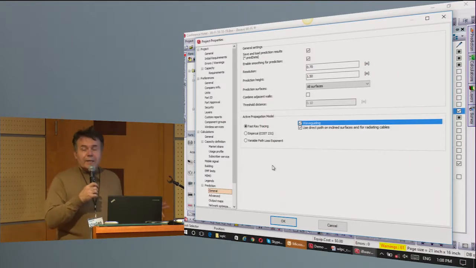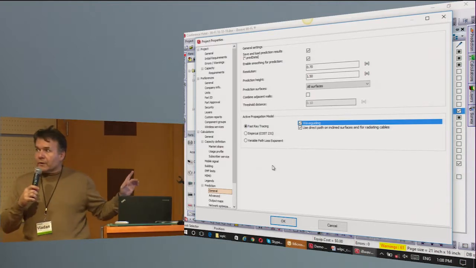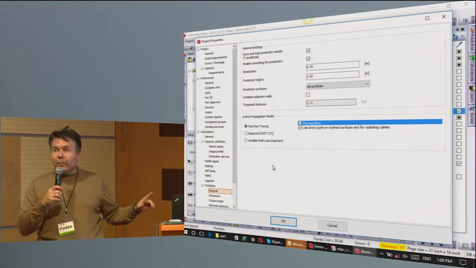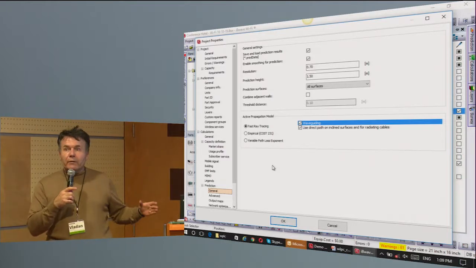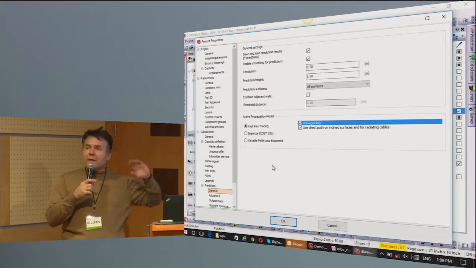Now, a really nice thing about all this, which I forgot to say up to this point, is that you can collaborate between a field technician that has a tablet and your engineer that sits maybe 1,000 kilometers away in an office. If you go out there with the tablet, you can do an RF survey and have a floor plan and take a picture of where the telecom closet is, everything. And then you can make comments and everything, and then you can save it